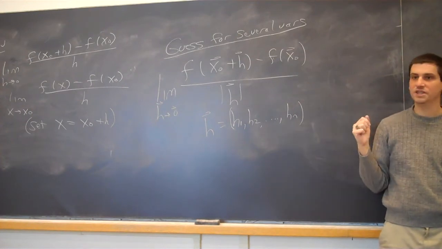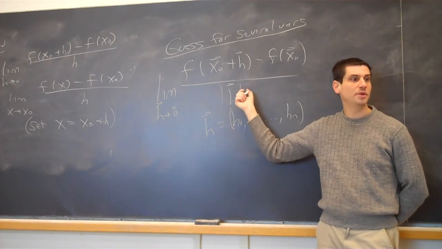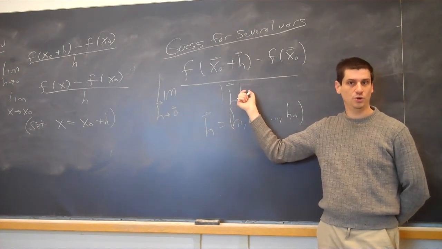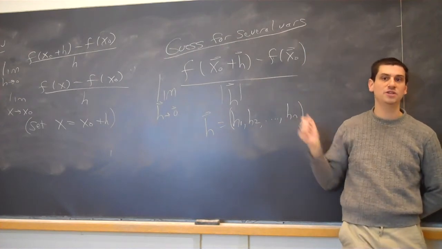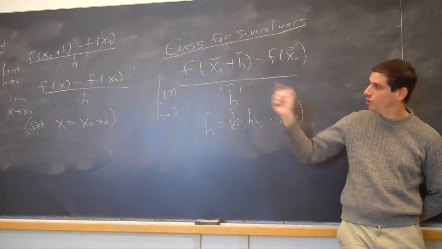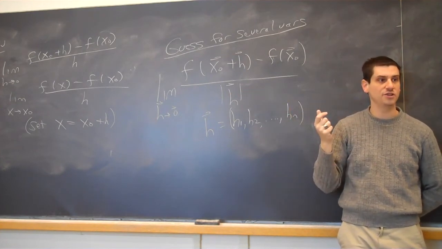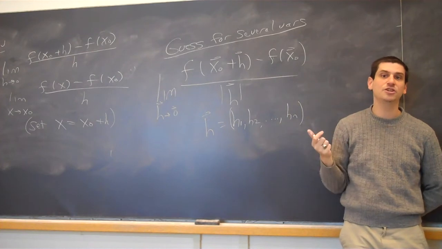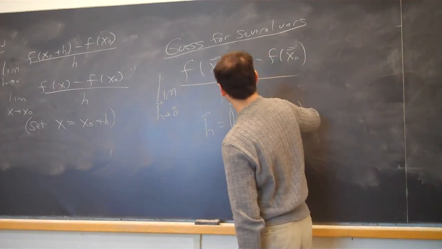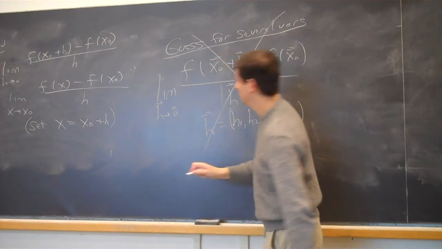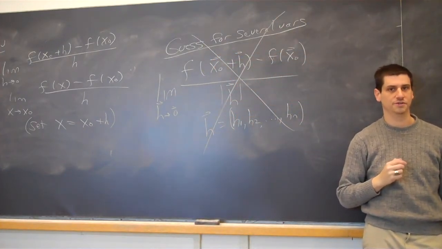The problem with putting this in is now, if I take h or negative h, the denominator doesn't change. Or if I even rotate h, it doesn't change. The denominator only depends on the length of h. If you go back to the definition of the derivative in one variable, if I switch h to negative h, the numerator changes and the denominator changes. So unfortunately, using absolute value of h doesn't work. This guess is hopelessly flawed. This guess will not work.